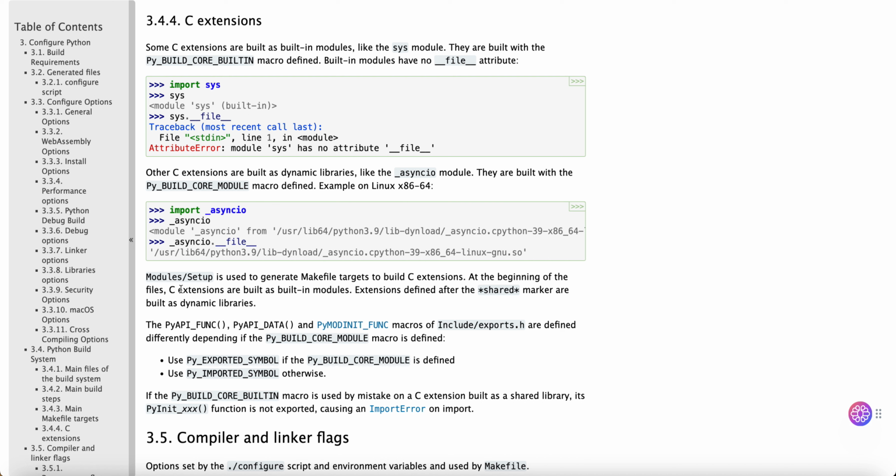At the beginning of the files, C extensions are built as built-in modules. Extensions defined after the *shared* marker are built as dynamic libraries. The PyAPI_FUNC, PyAPI_DATA, and PyMODINIT_FUNC macros of include/exports.h